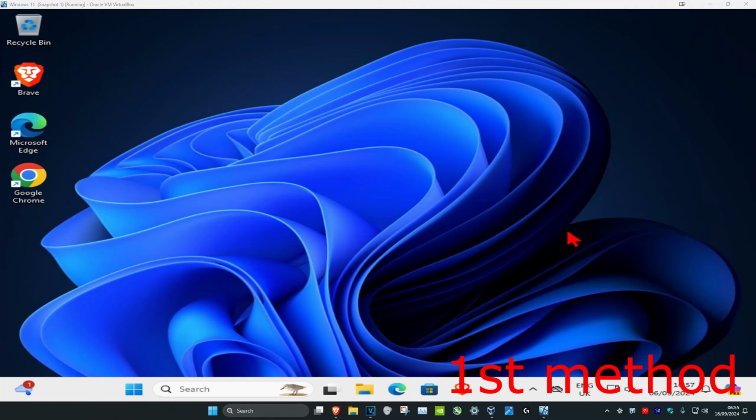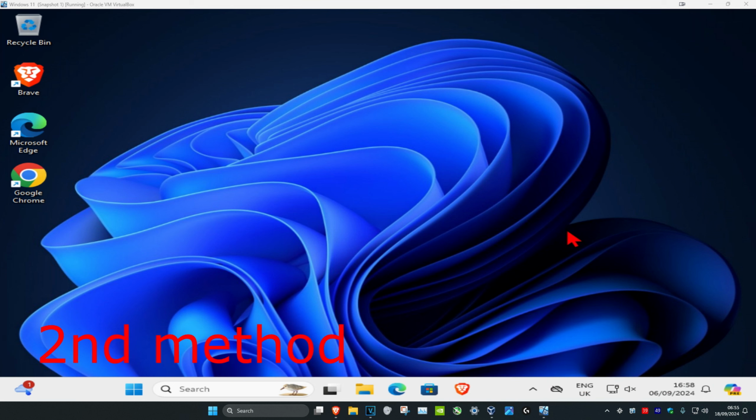So guys, for the first method, you want to check that your speakers are actually turned on. So if you have a power button on your keyboard, on your ASUS laptop keyboard, make sure that it's turned on. And now for the second method, you want to look in the bottom right of your taskbar,